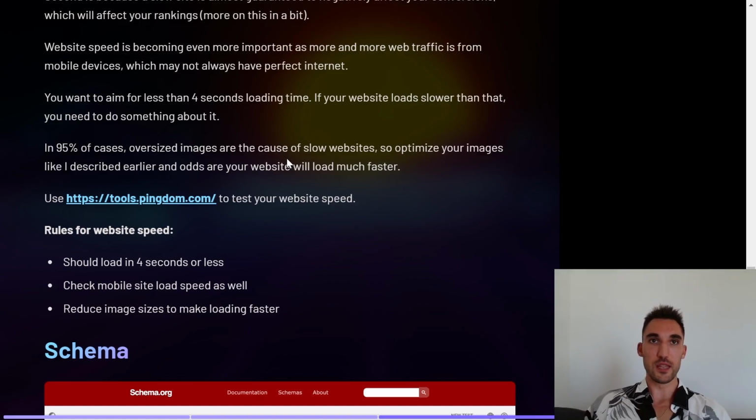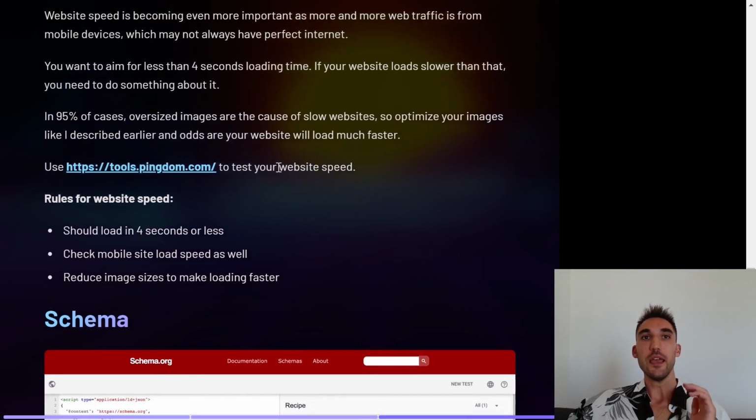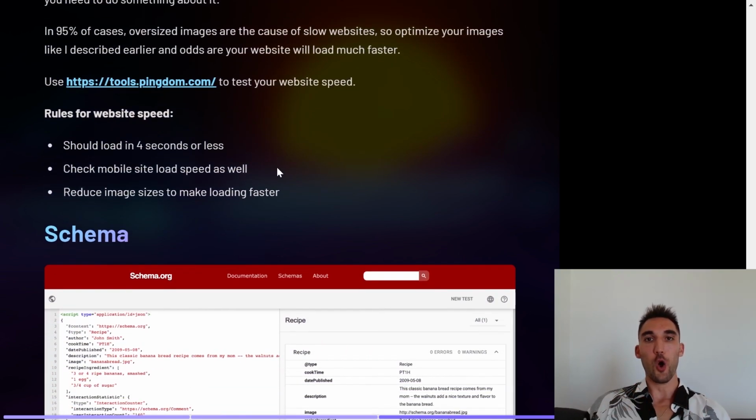You want to aim for less than a 4-second loading time. And if your website loads slower than 4 seconds, then you need to do something about it. In 95% of cases, oversized images are the cause of slow websites, which is what I mentioned earlier. So you need to optimize your images like I described, and odds are your website is going to load much